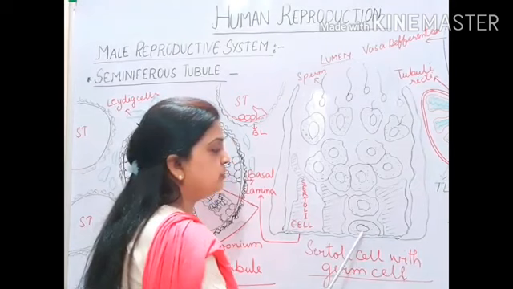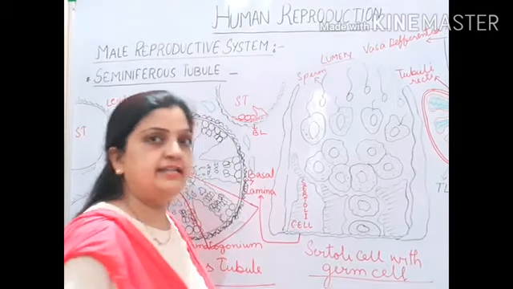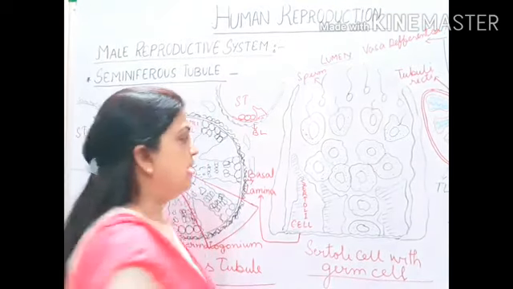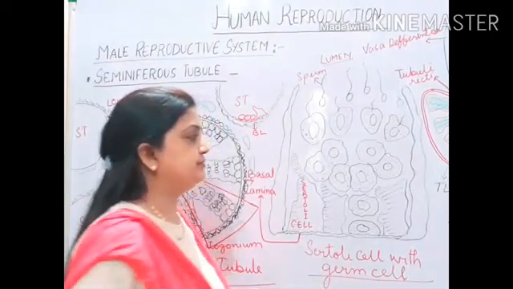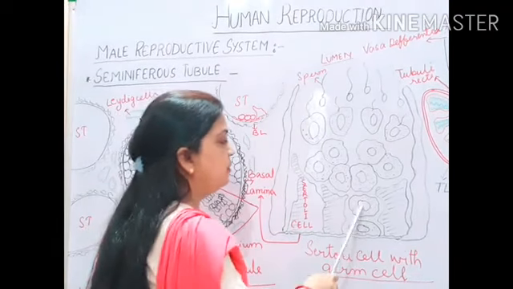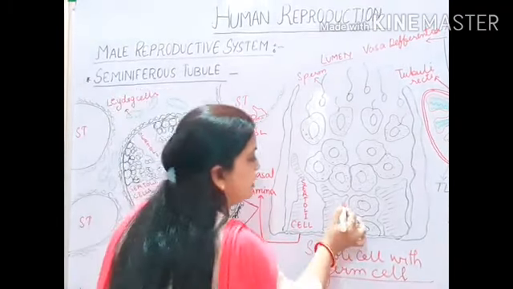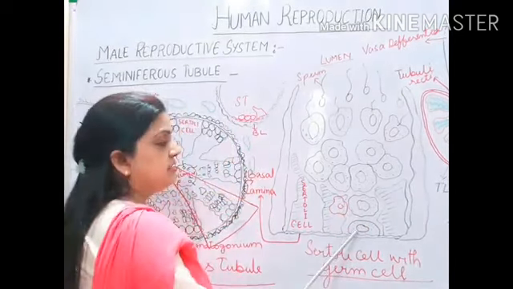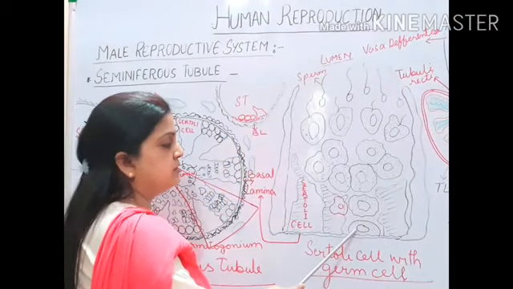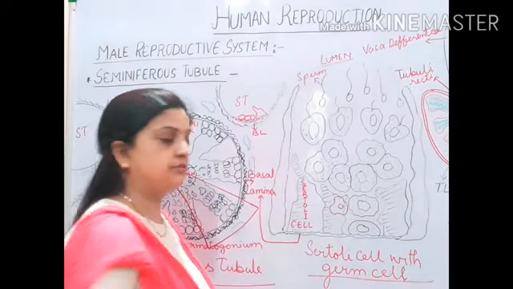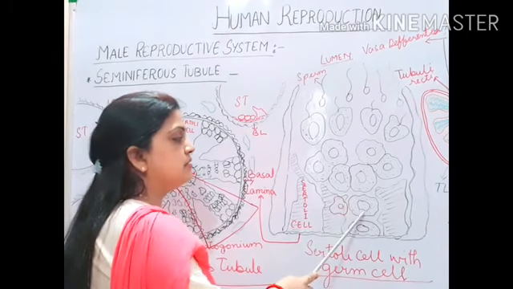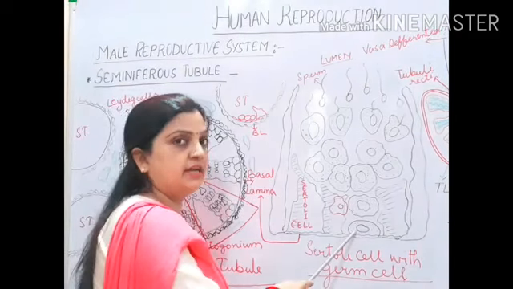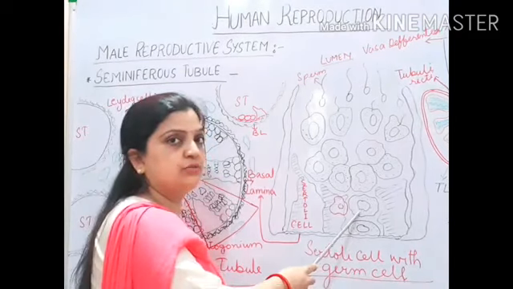Now this spermatogonium cell divides by mitosis, and here new cells are formed. Suppose here one cell is there, I can draw one more cell over here. One cell will divide to develop into two cells by mitosis. This spermatogonium cell undergoes mitotic division to form two cells over here. You can see, these cells are called primary spermatocytes. Spermatogonium divides to form primary spermatocyte.